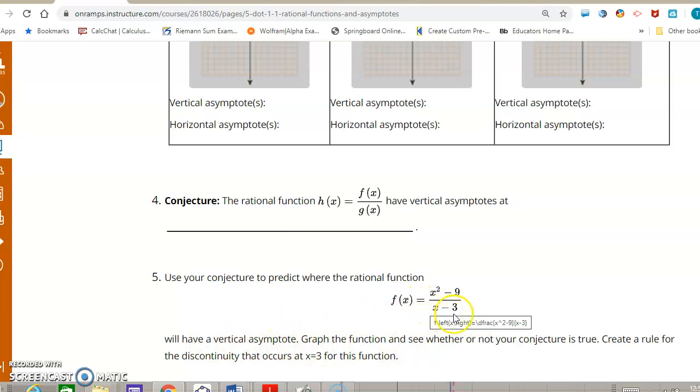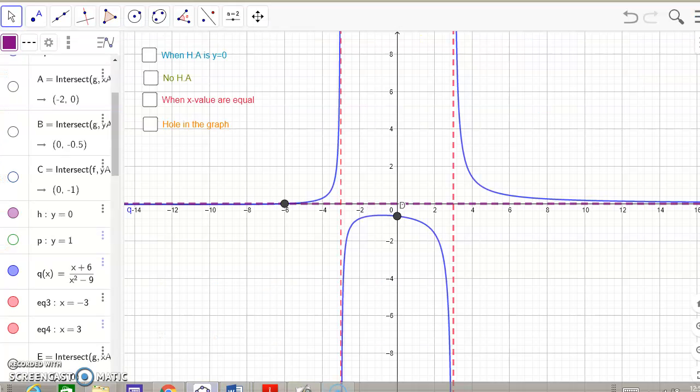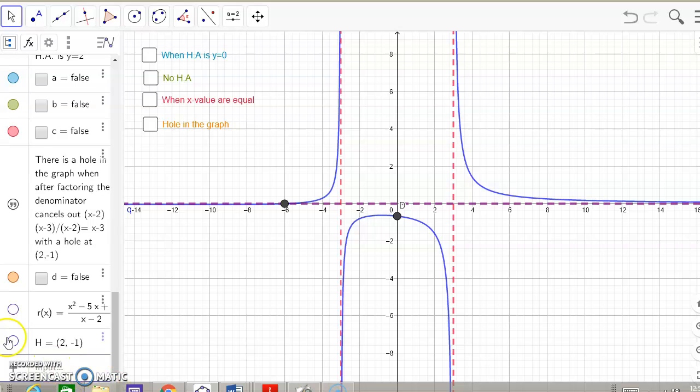Now, if you just look at it sight unseen, you would think that this equation has a vertical asymptote at positive 3. But when we actually graph that function, we see that it actually,